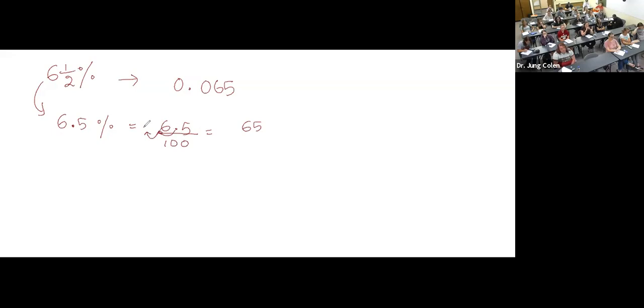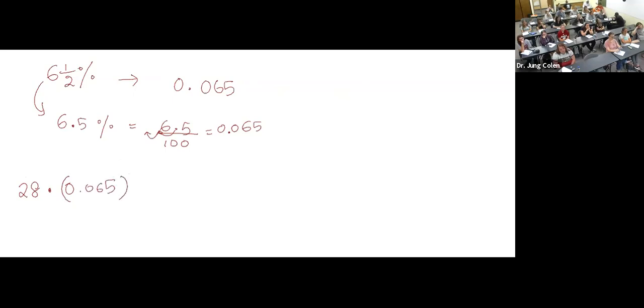Then we have the decimal point here, but there's nothing, so we need to put our place value placeholder 0. So it's the same as 0.065. That's how Kelsey got 0.065 for 6.5%. Now we have a number to deal with, so we can use that. And then what did you do? Multiply the $28 by that percent, by that decimal. So what Kelsey did is 28 times